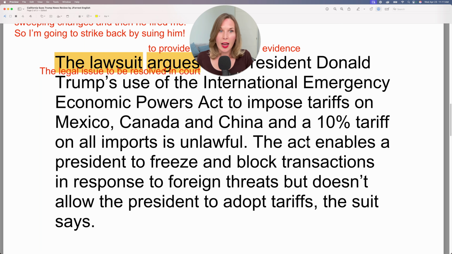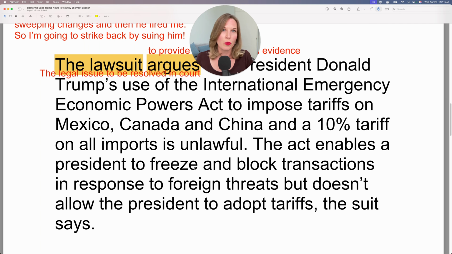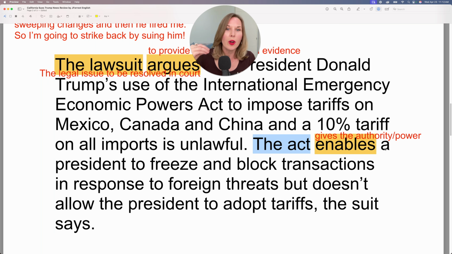Let's continue. The act, so we know that this is the name of the act. The act enables a president to freeze. So here, enable, this is also quite a formal word choice, which makes sense since the legal field generally uses very formal vocabulary. And in this context, someone or something enables someone or something, and it means that something, in this case the act, gives the someone, the president, the authority or the power to do something. The act enables a president to freeze or block